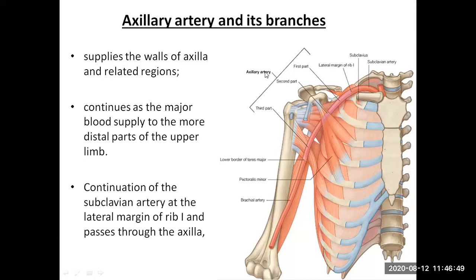Here, the axillary artery is the continuation of the subclavian artery, and it is the main blood supply to the more distal part of the upper limb. When it leaves the axilla, it continues as the brachial artery. So here it is something like